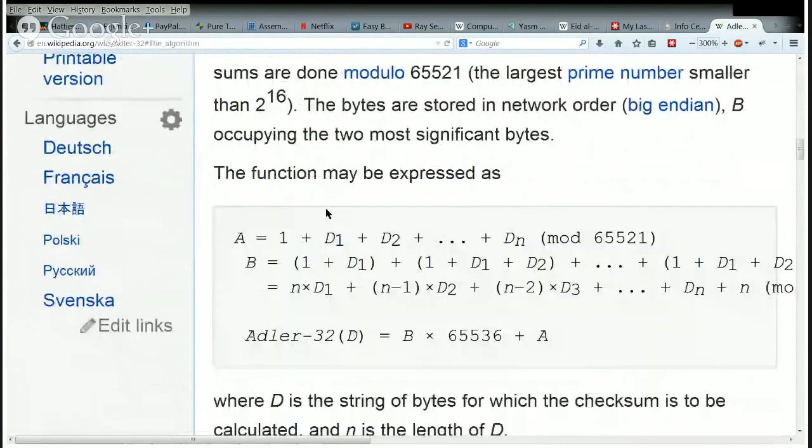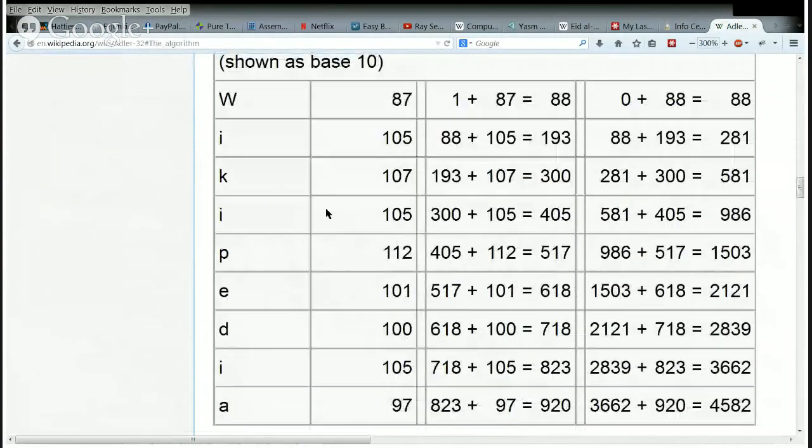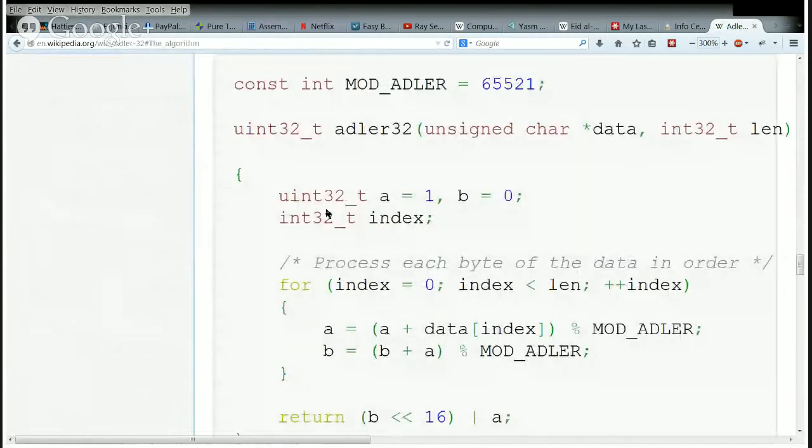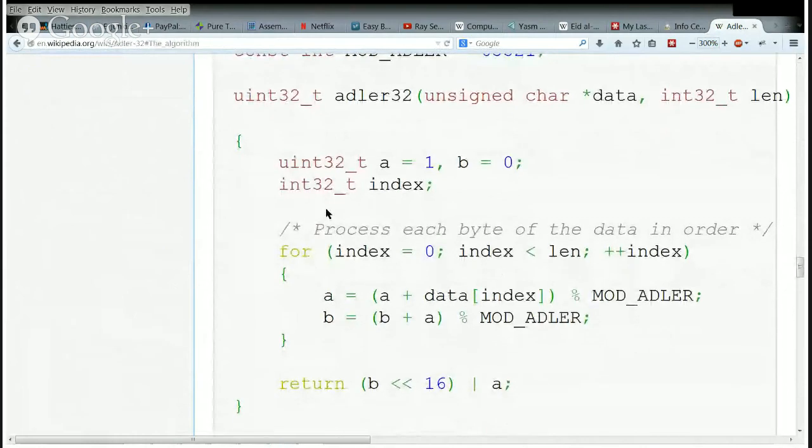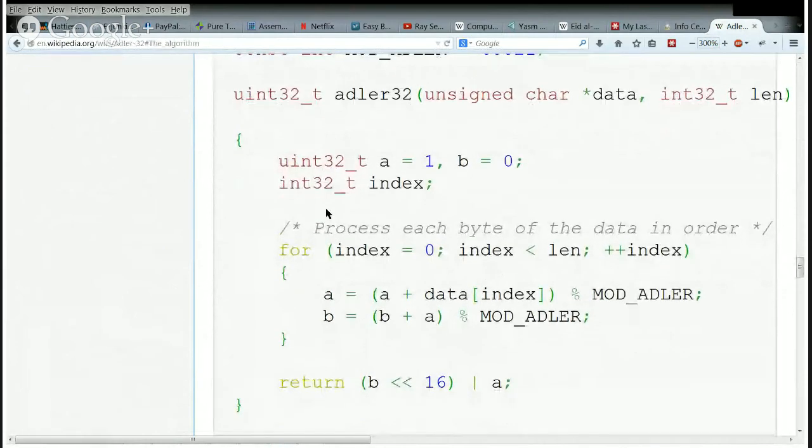It's easier to see as just the code. Reading their description might drive a person crazy.